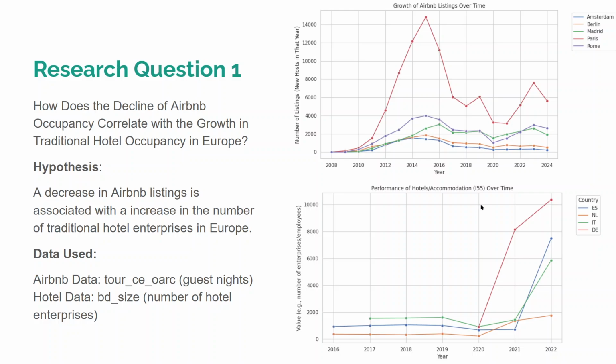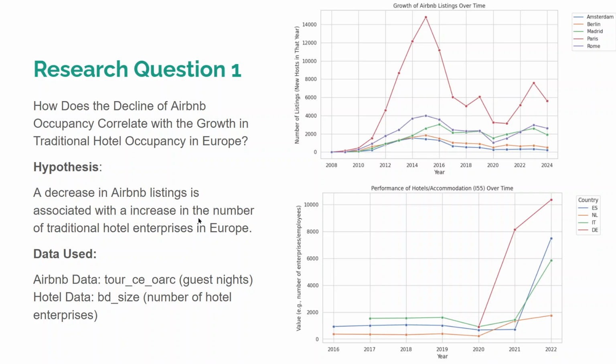Here is the analysis from Eurostat data. It's performance of hotel accommodations over time, and here you can see starting from 2020 and 2021 it rises drastically. It means that with the decline of Airbnb, the performance of hotel accommodations increased, which confirms our initial